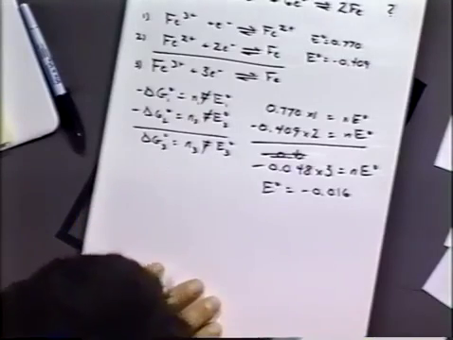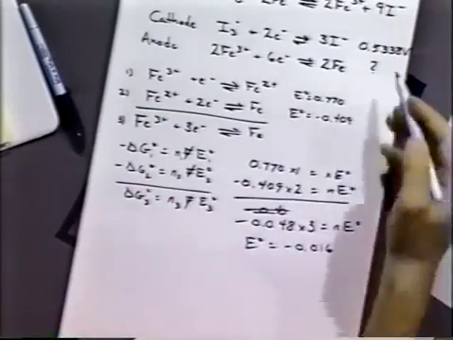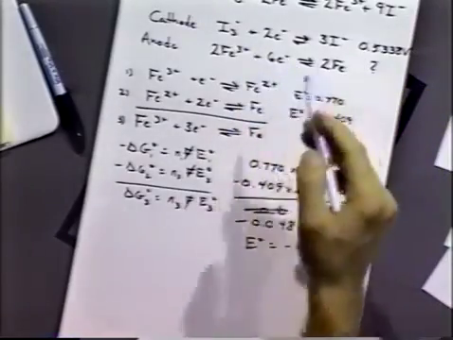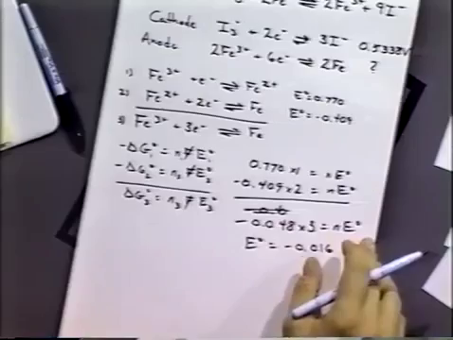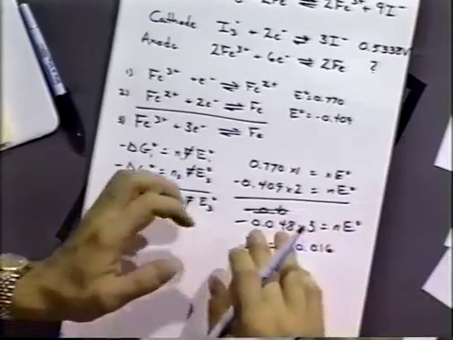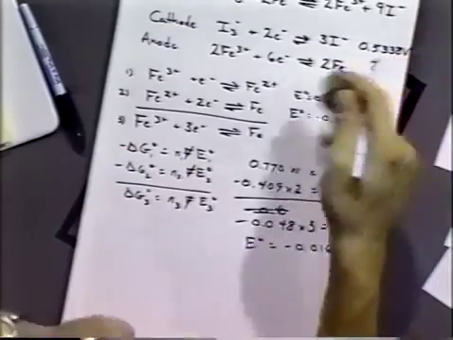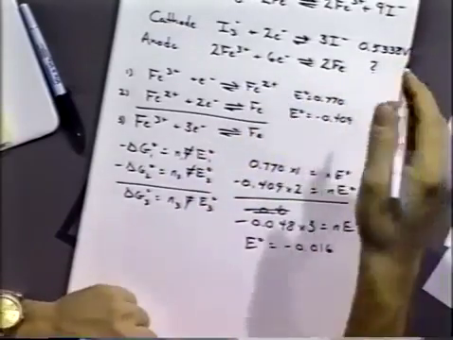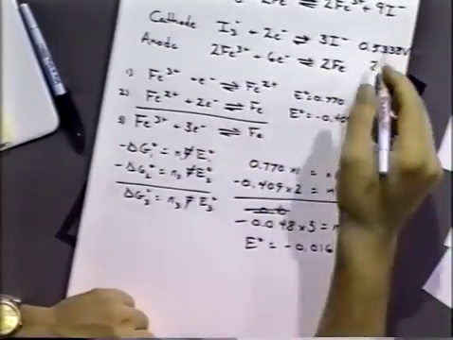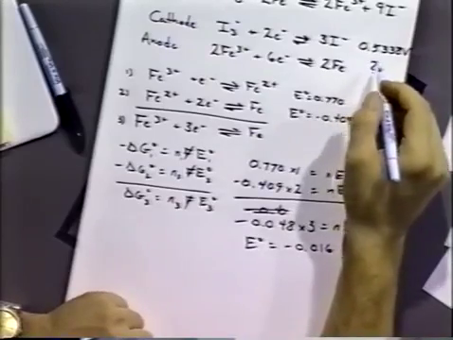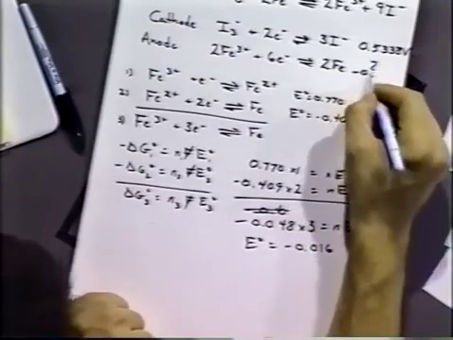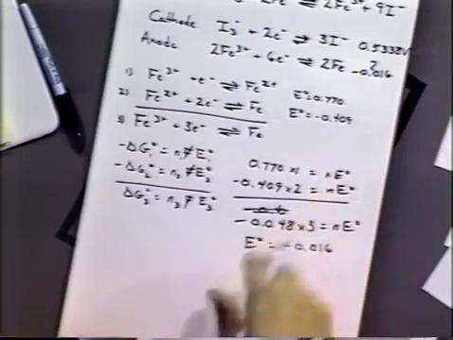We don't normally have to worry about that when we're adding the free energies for this, because we always make it so that the number of electrons are the same for the cathode reaction and the anode reaction. And so it cancels out all the time. But that's the only reason we don't have to do it that way. And so we would just put in our number here, minus 0.016. And then